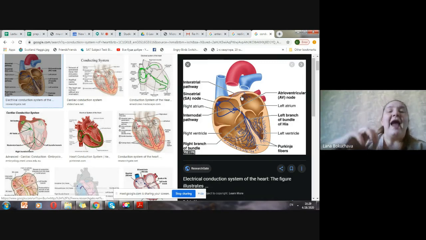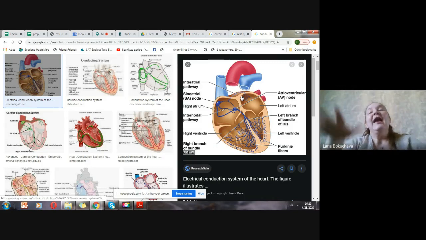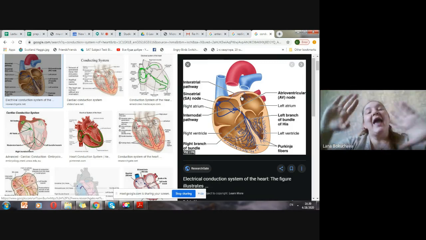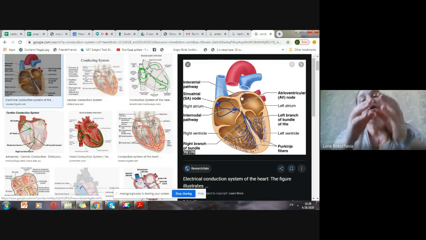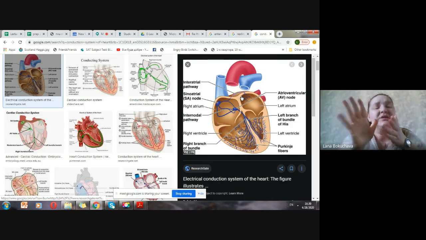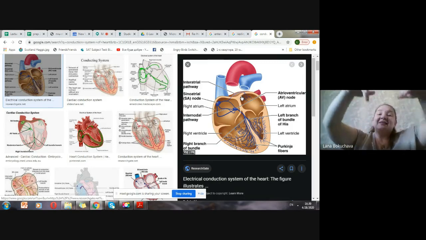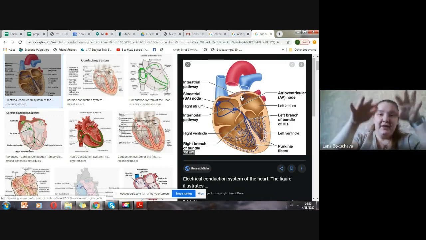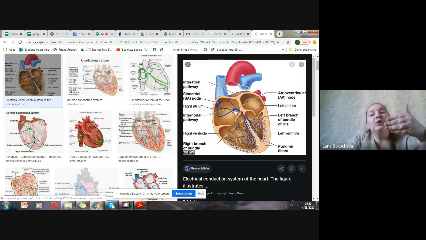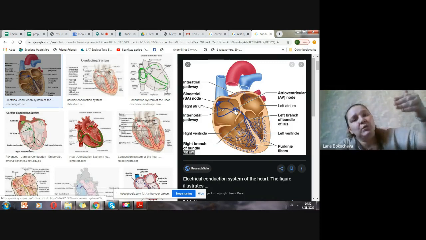So again, we had the formation of the action potential in the sinoatrial node. It went to both atria, and as it came to the atrioventricular node, it made a delay, a pause, because of the tissue difference there. But that's an important pause. It's physiological and good, because it gives time for the atria to contract and start relaxing, since at that time the blood enters the ventricles. Then the delay finishes and, as a result,